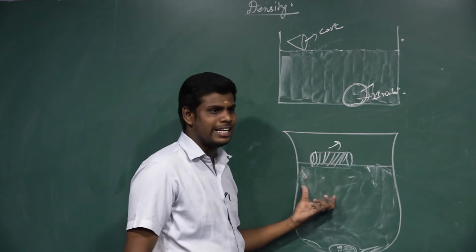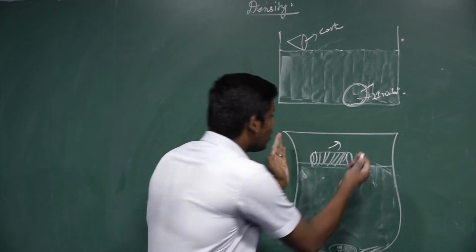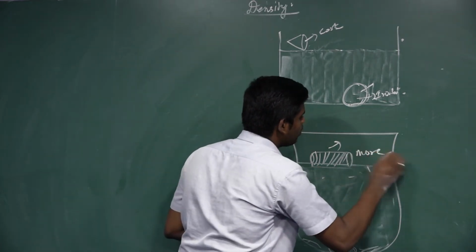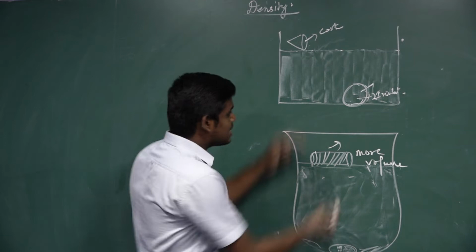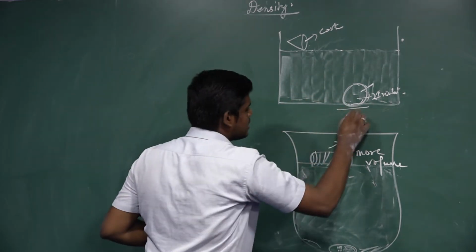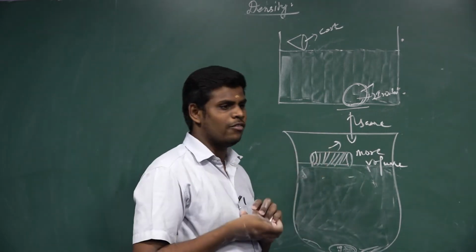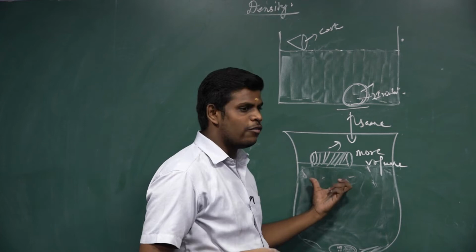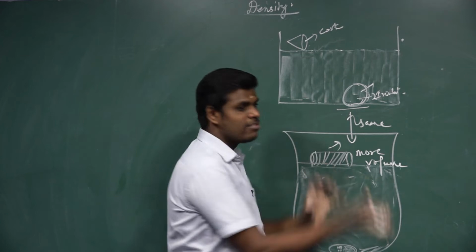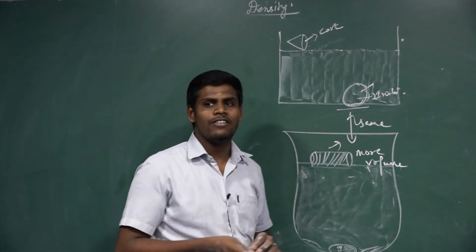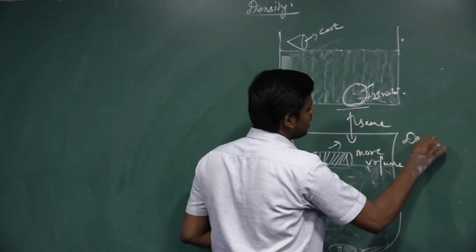Now I am going to tell the reason. Listen all of you. We observe that the wooden block occupies more volume than the iron ball of the same mass. They have the same mass, but the wooden block occupies more volume. Also we observe the wooden block is lighter than iron of the same size. The lightness or heaviness of the object is due to density.